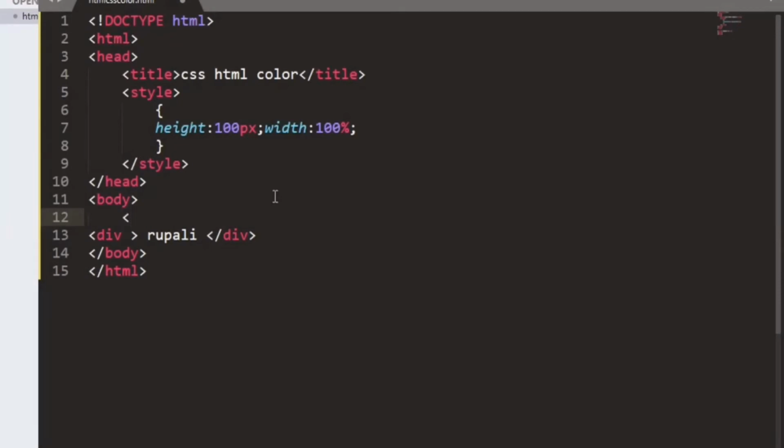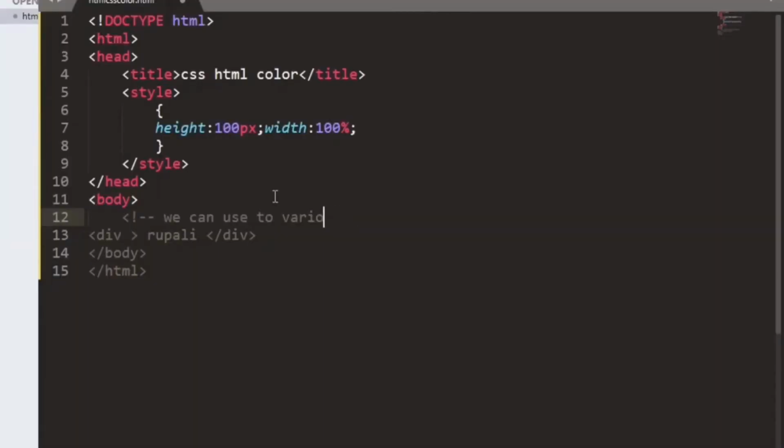Now I will give some classification so that the Rupali tag would be designed. And now I am commenting here that we can use color in 3 types.